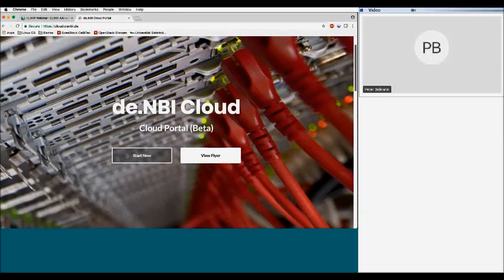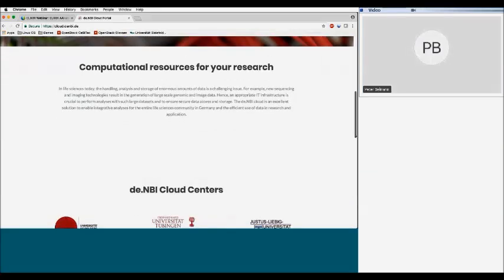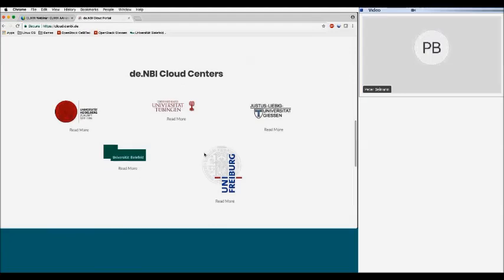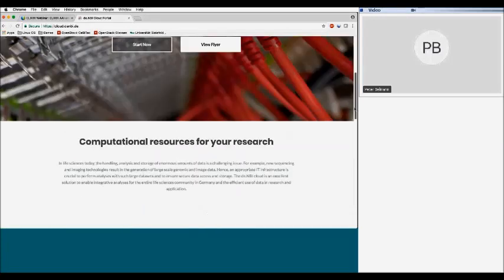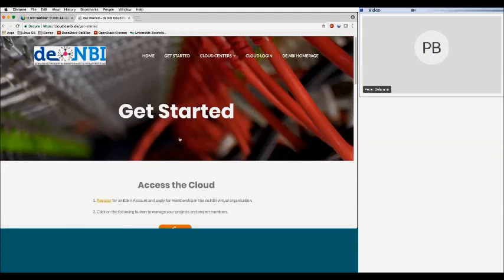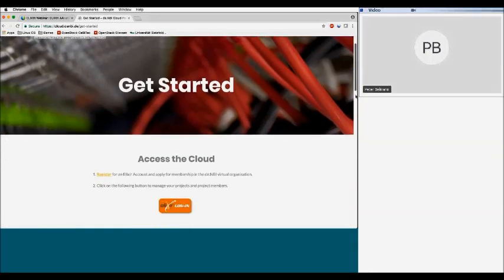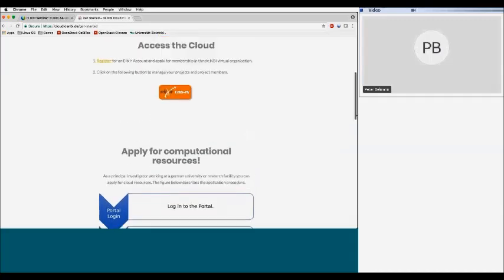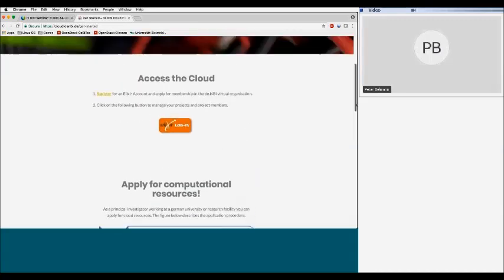It provides basic information on what deNBI Cloud is, and gives you specific information about the different compute centers. So if you click here, you can read more about it. We also have a getting started page where you get instructions for how to apply for computational resources, how you actually access the cloud.